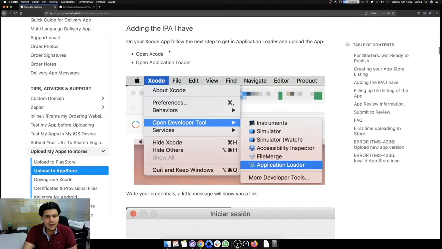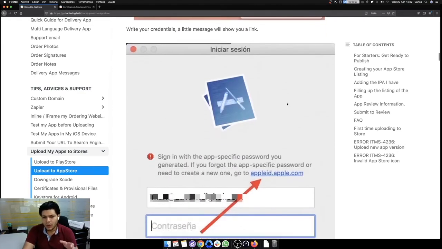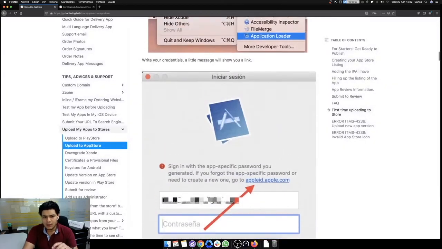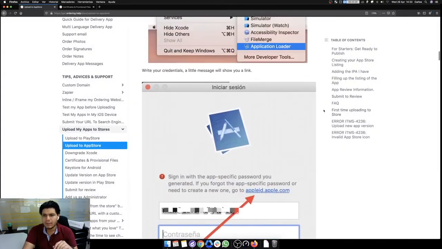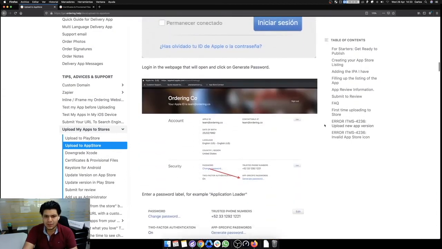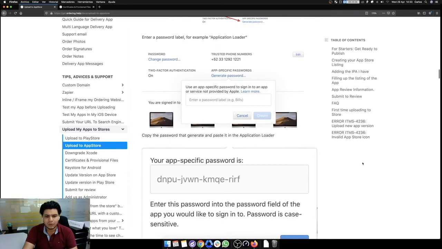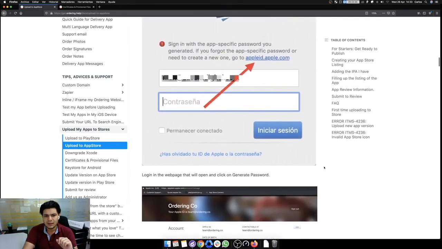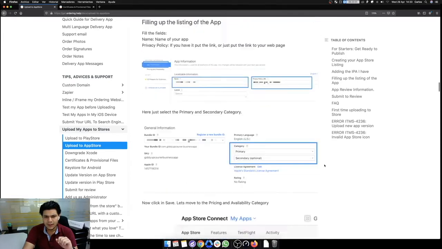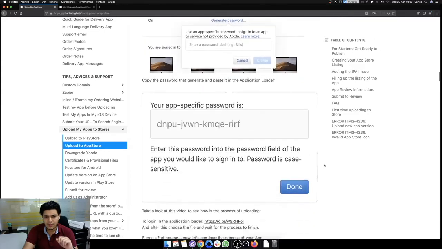Adding the IPA app. Now, when we are about to upload the apps, we have to get the IPA file, which is the one that we download from the builder. Just like I mentioned with the APK, it's the same for IPA. So when you get it, we upload it just by clicking in the,